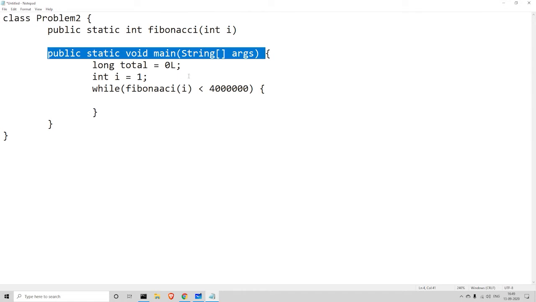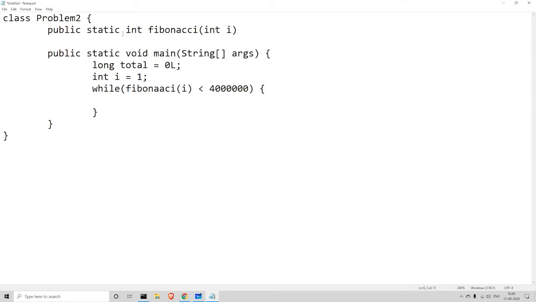Any non-static function or variable cannot be accessed by a static function. So main is a static function, and since we'll be using Fibonacci inside that, we name this also a static function. Now this is named int because Fibonacci will be returning an int value.